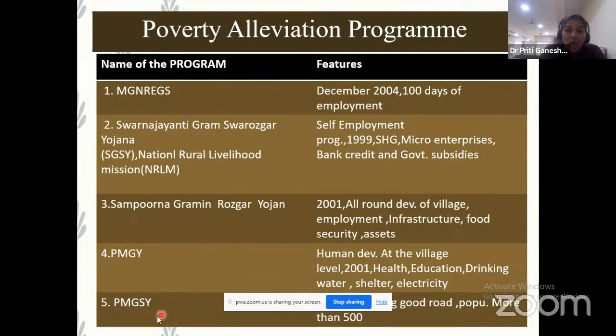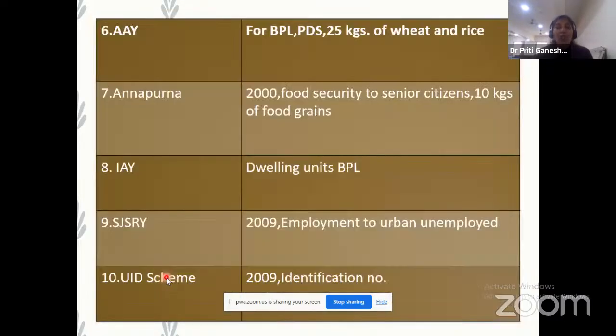And the last one is what? Again, they are focusing on the Gram Sadak Yojana. Again, this is also one way they try to develop the transportation facility, where they build a good pakka road where the population is more than 500. So once you are connected with the district area, once you are connected with the city, the people can travel and they can get better jobs also. So this is, again I am telling you, the most important.